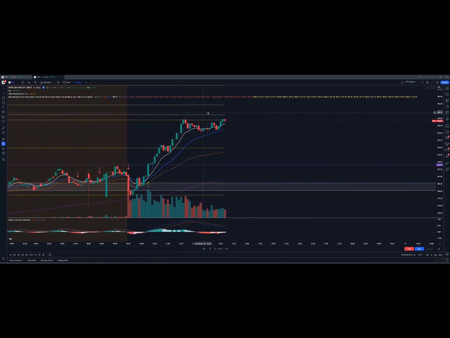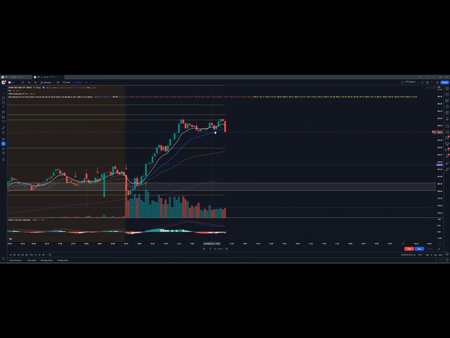So the first thing that happens is we reject very strongly off of this fib level, and then we fall back to support. We hit the 21 EMA, and then we bounce back, and then we try to break through this level again and then fail. And so now what you would do after you see that we failed to break out, you would look for a level of support to see where you can play this double top. So as you can see here, this is a very good level right here to draw your support, and so